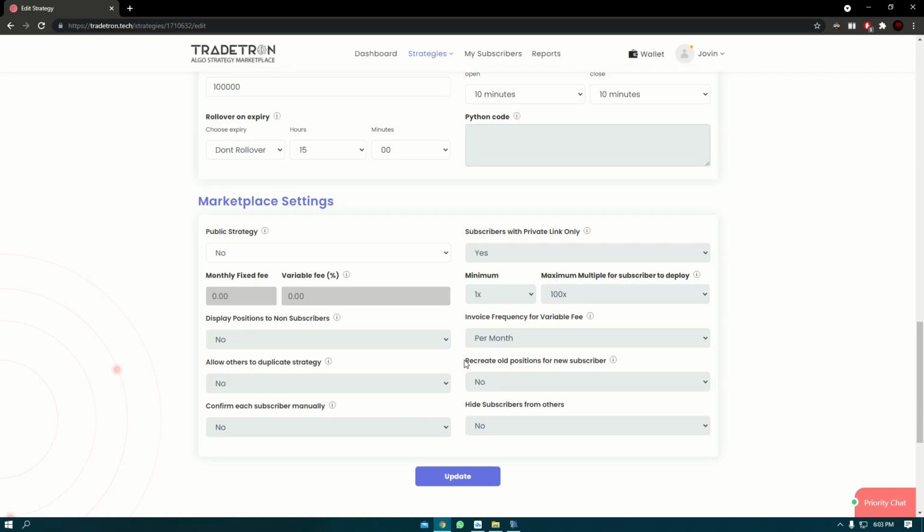Hello everyone. In the previous videos, we learned about Tradetron, the marketplace, and we also created two different strategies: one on futures, another on options. And in today's video, we're going to learn how you can make these strategies public or publish them in the